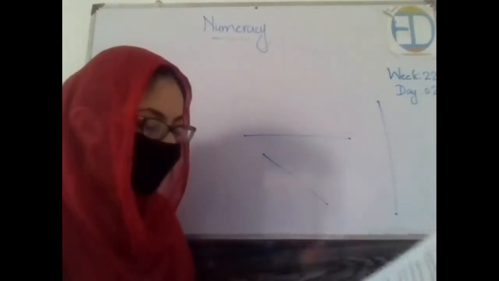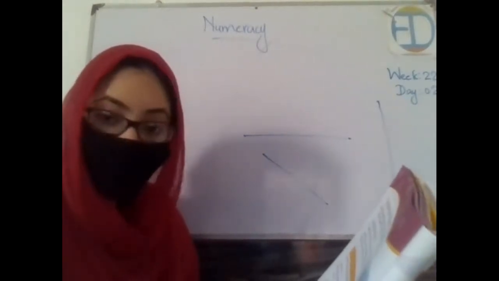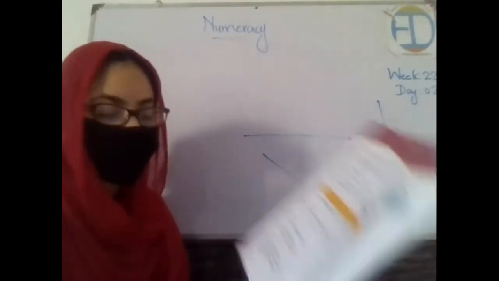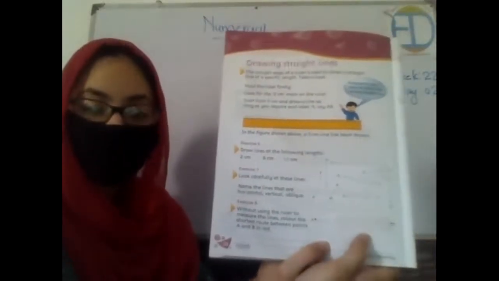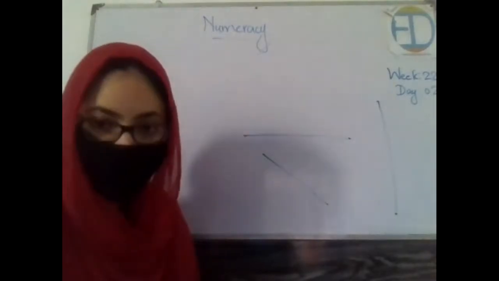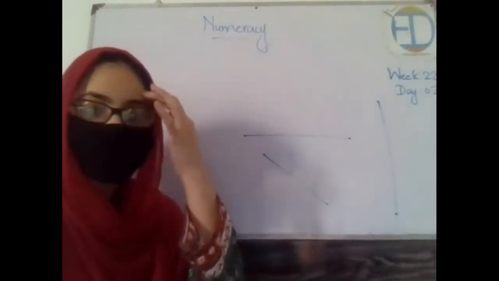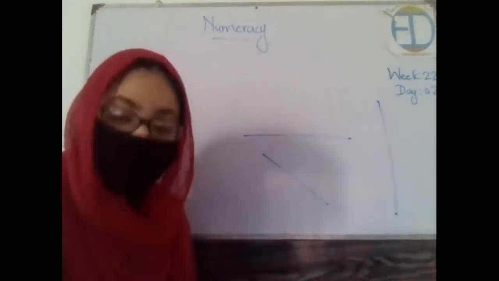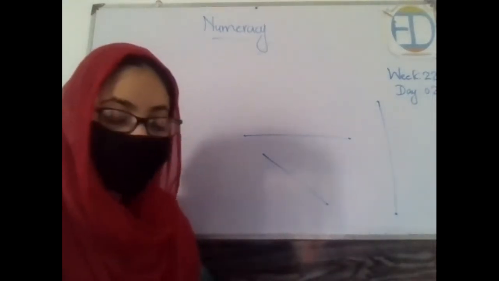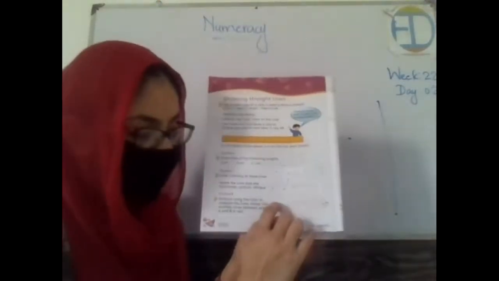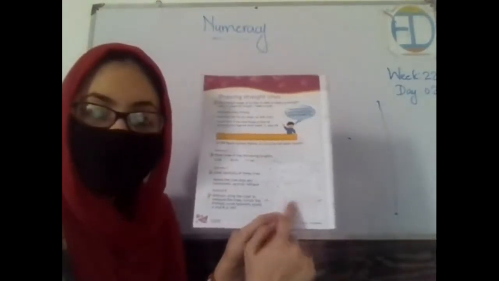Okay. Now the last exercise question says: without using the ruler to measure the lines, color the shortest route between points A and B. Now these are 2 points A and B, and there are 3 routes drawn between these 2 points, and they ask you to color the one which is the shortest, right? You know that we have already discussed that the shortest distance between 2 points is a straight line, right? So where is the straight line? This one. So you will be coloring it.